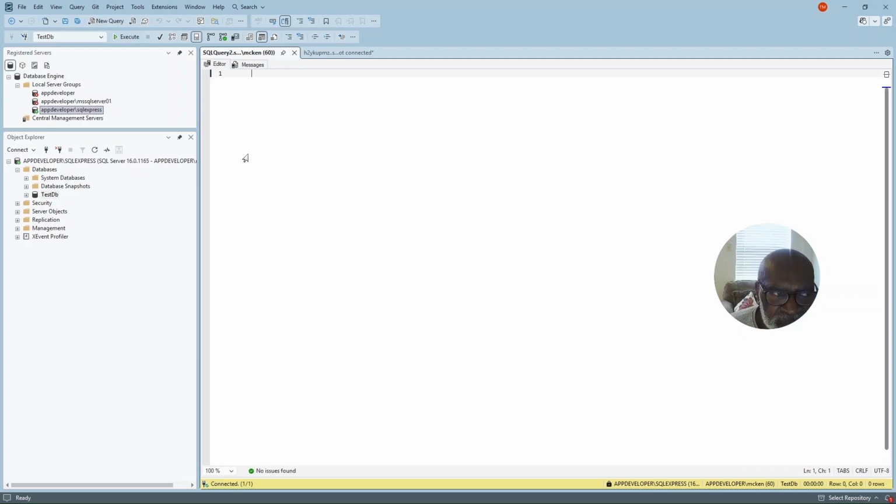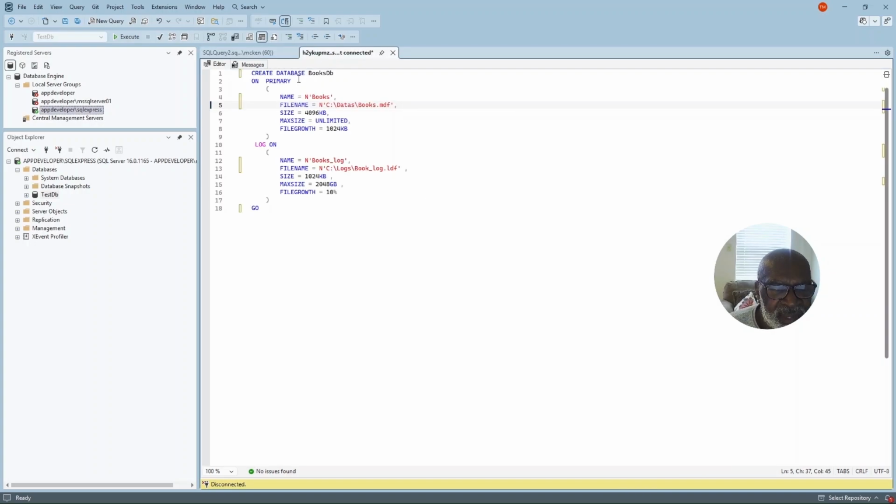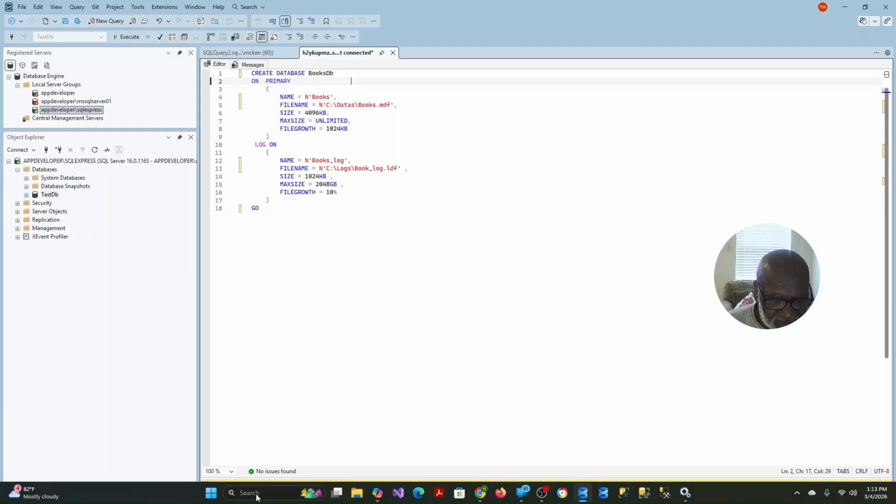So I have here a little script where this statement here, CREATE DATABASE, and then you specify the database name, on the second line, ON PRIMARY, and then there's this grouping where all the arguments are listed, will be executed, and it will create the database. However, I first need to create this folder and this folder, data and logs. So I'm simply going to go here to the command window,